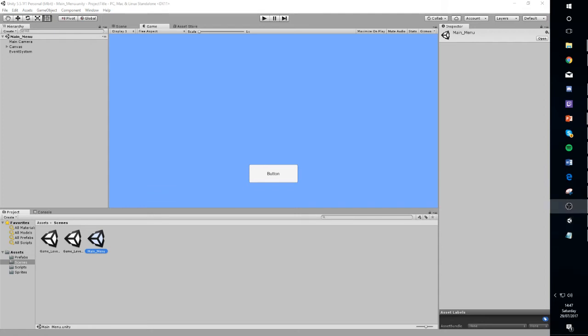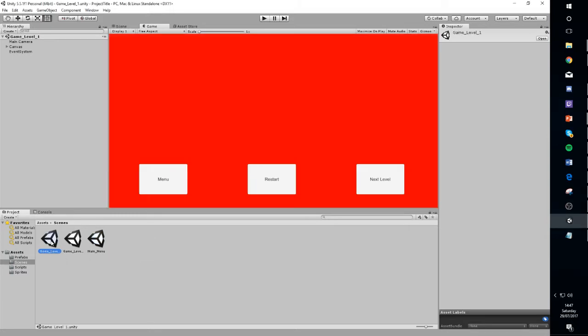Right guys, so in the last video we looked at a very simple level load system based on just kind of like a play button which takes you to a different level. What I'm going to show you here is an in-level system. So I'll show you what I've done so far. I've got my game level, which I put 3 buttons in, as you can see: menu, restart and next